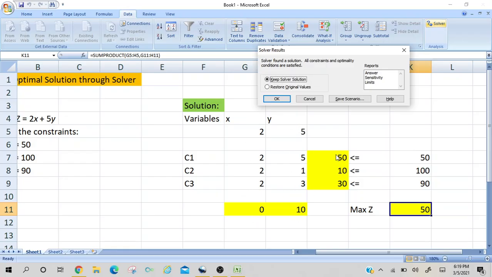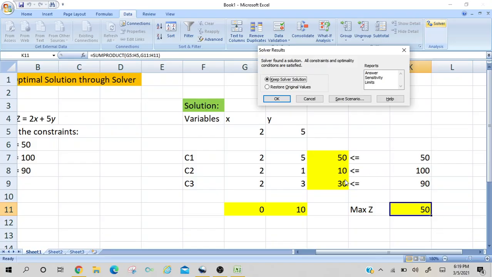And as you can see, in our first yellow box for the first constraint, it's a 50. It means this one constraint is completely used: left hand side showing 50 and right hand side also showing 50. Your second constraint shows that we have used only 10 units out of the 100 units, so this one is not completely used.